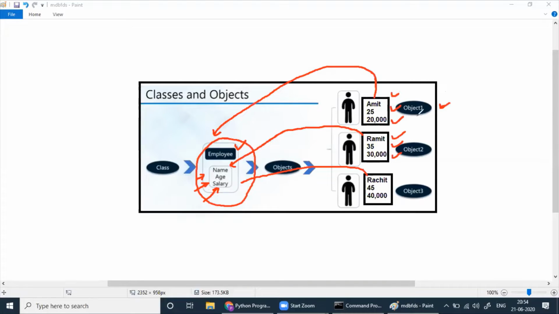This is the first instance, that is object 1 of class Employee. This is the second instance, called the second object. They are interchangeable. You can say this is an instance of this class, and this is another instance of this class. And these are the three.